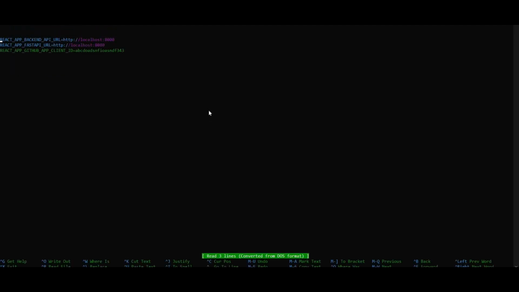Here you need to change the backend API URI if you are not using the default one. The FastAPI URI you can ignore for now if you're just contributing to AutoDL and you basically don't care about the recommendation system for now. And the third one is GitHub app client ID. Again, you can find this on GitHub, the same one that we have on the backend env file. It's not the default one again. You have to change this. I'll be closing this file. I'll be changing this offline, and then let's get back to the video.